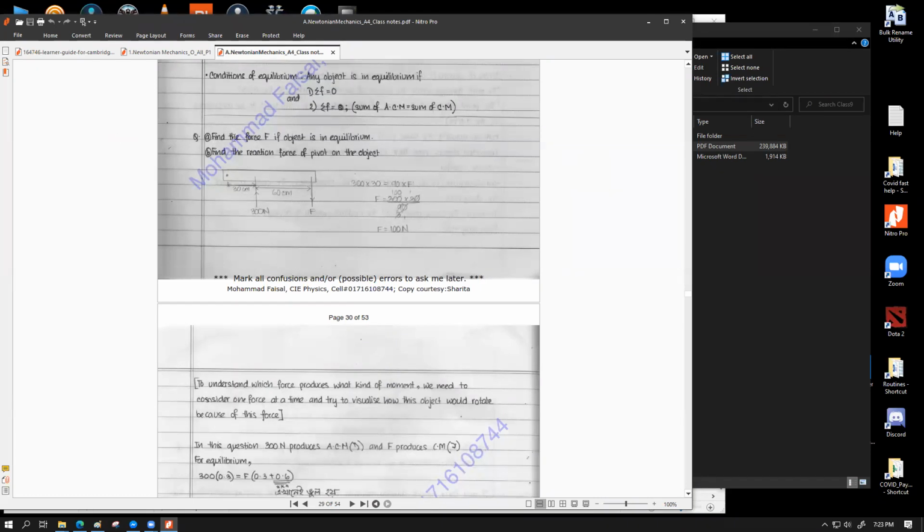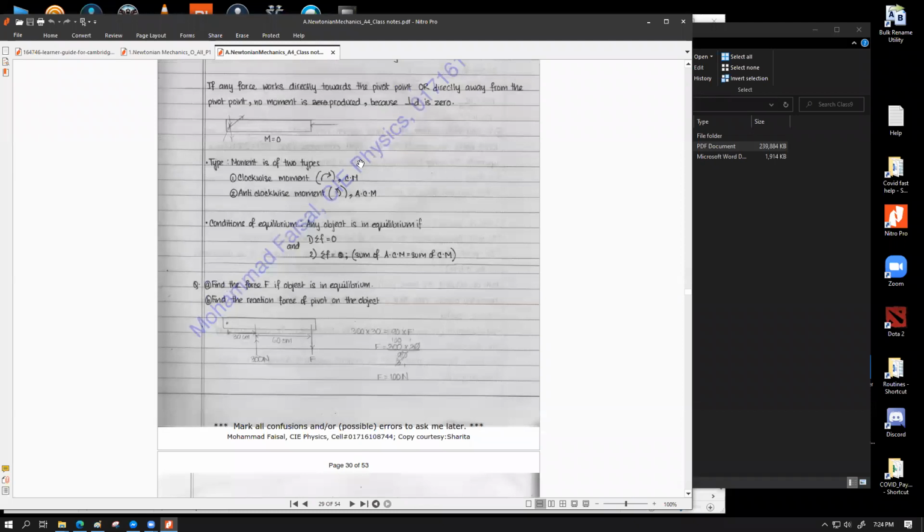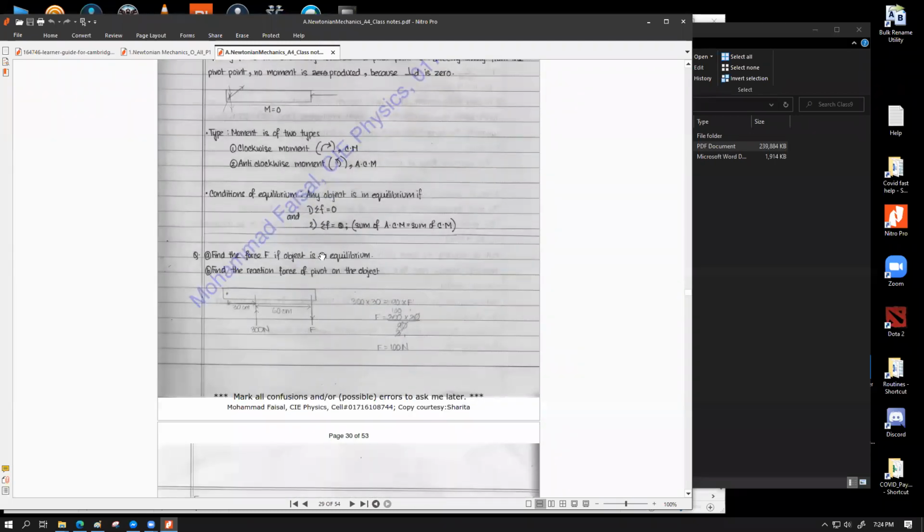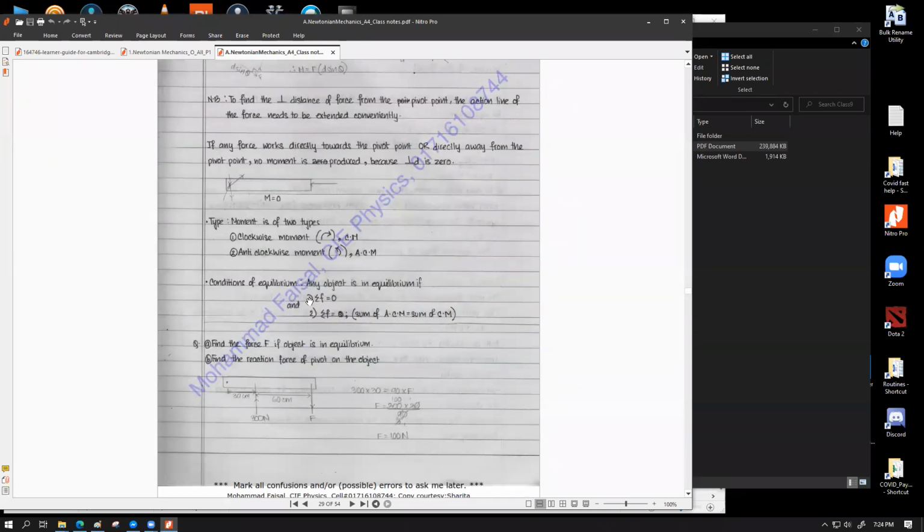Here's a simple example. Have a look. Find the force F if object is in equilibrium. Find the reaction force of pivot on the object. This is very simple. This is the first mathematical question of the moment chapter. First we had this thing, then conditions of equilibrium. These two. So এখানে M হবে।